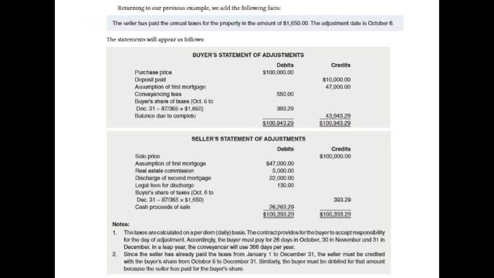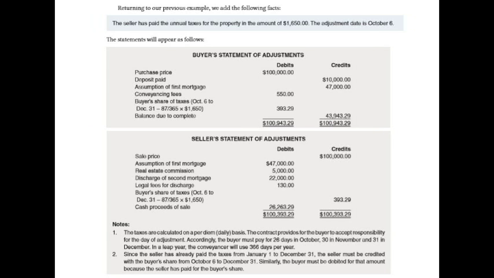So that's something the buyer is going to have to pay. So it's a happy face to the seller. That's a credit. $393.29, and that goes from October the 6th to December the 31st. Remember, that was like 87 out of 365 days. And we take the 87 over 365, and then we times it by